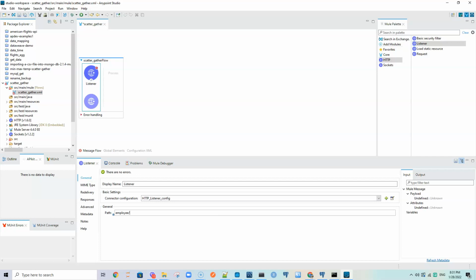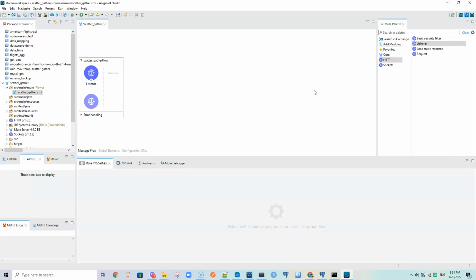In the previous tutorials we have seen how to use URI parameters, query parameters, and headers. We know how to interact with all of them, how to access them. Now let's just use only URI parameters here. So let's call this employee ID. Okay, then after we are done with this,